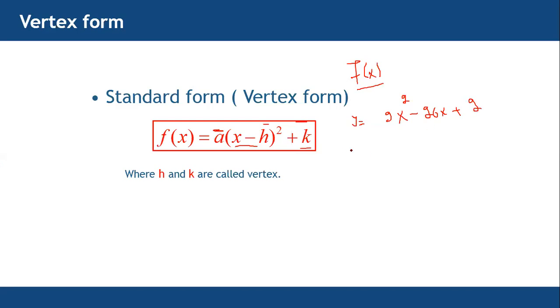So first of all, take common. 2 is common, so you can take 2 common, not x square. You need to take just the coefficient. We have x square minus 20, so when you take 2 common, it is left with only 10x. 2 is outside. Now to complete this formula, we need to add b square, but we don't know what b is here. So you need to write it in the form of x square minus 2a b.